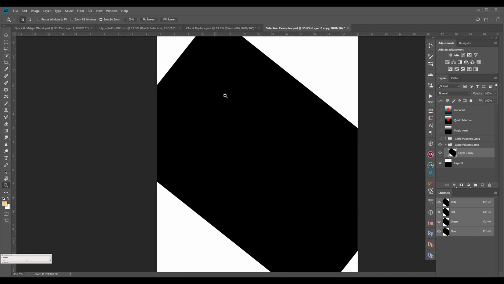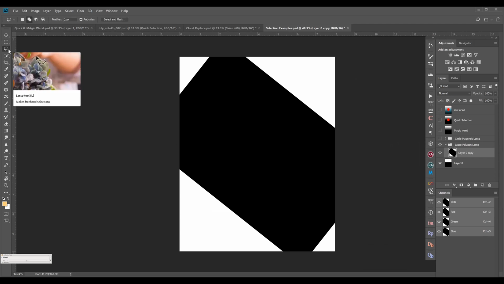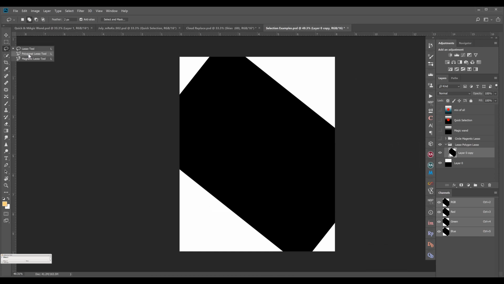Okay. So now we have seen the lasso tool. Similarly, there is a tool inside this called the polygon lasso tool. The polygon lasso tool is used when there is a solid separation between the two areas, when you see a sharp separation. For example, I'm selecting this. Okay.